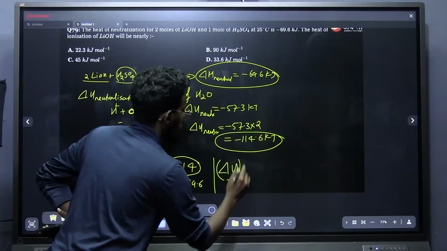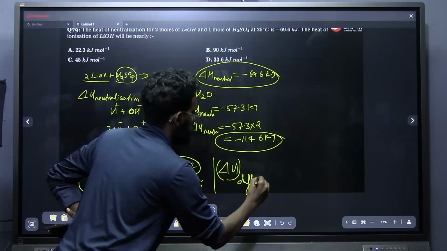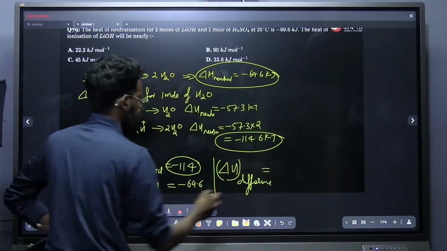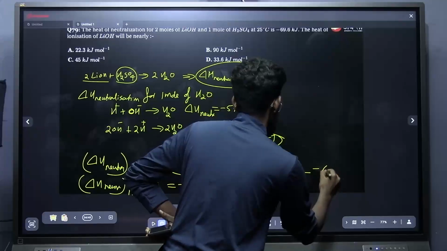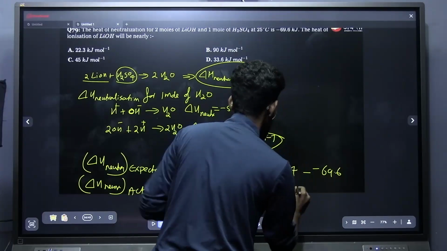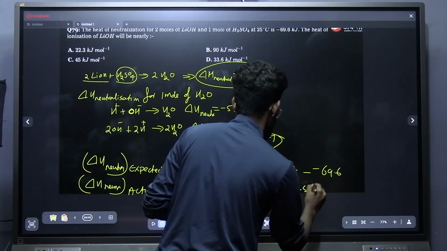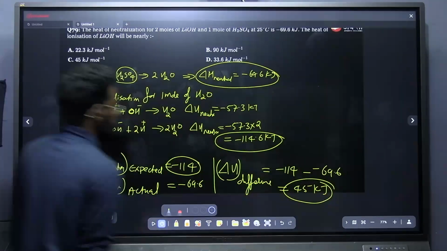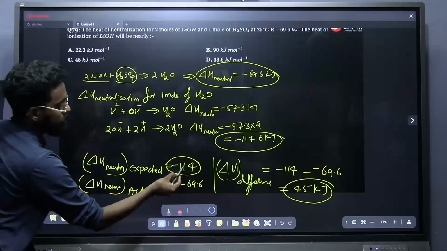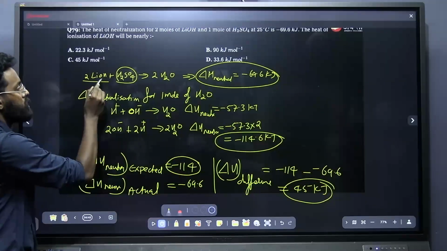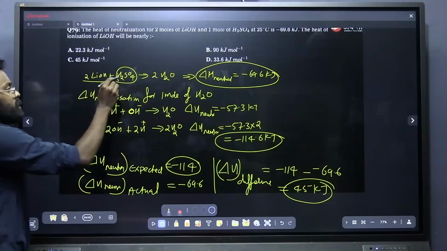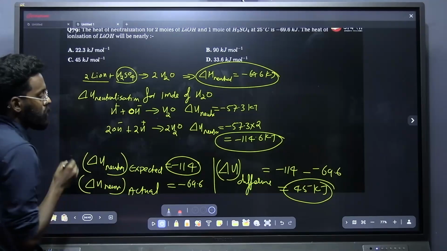Delta H difference is minus 114 minus of minus 69.6. The difference comes around 45 kilojoule. That is, out of the minus 114 kilojoule released when 2 mole of LiOH reacted with 1 mole of H2SO4,